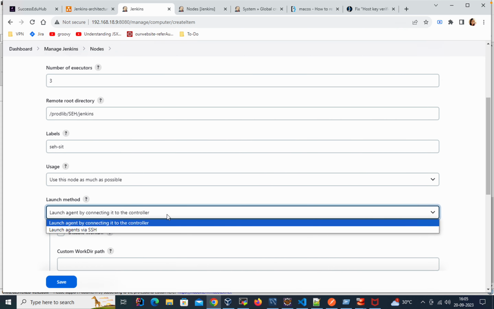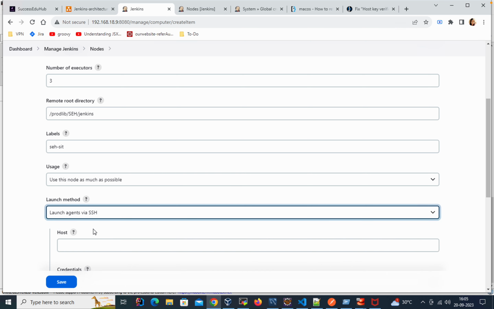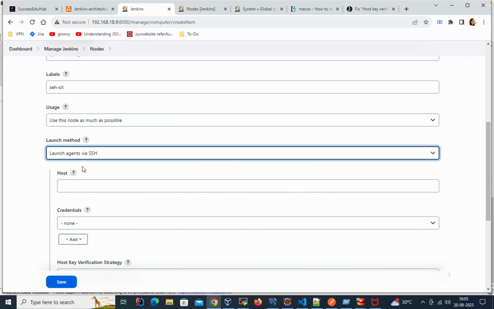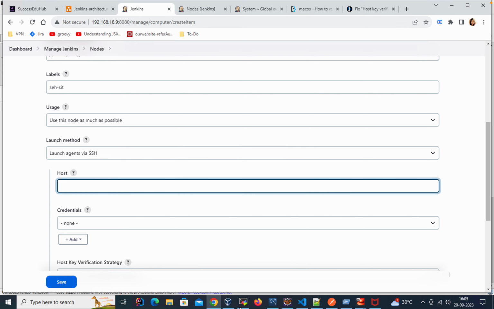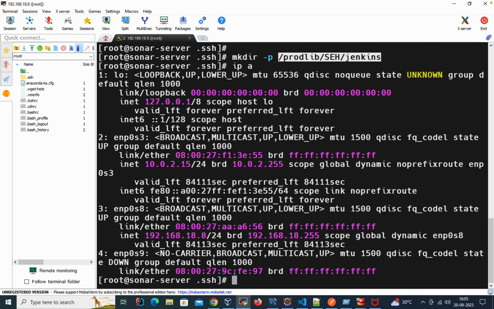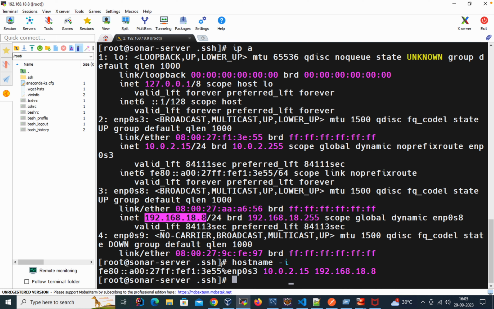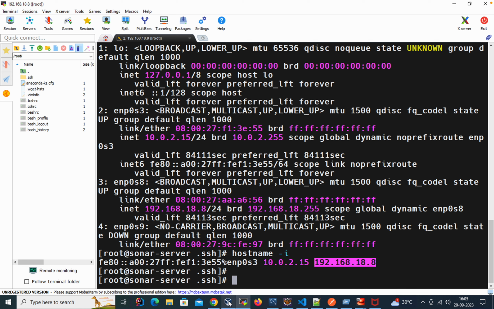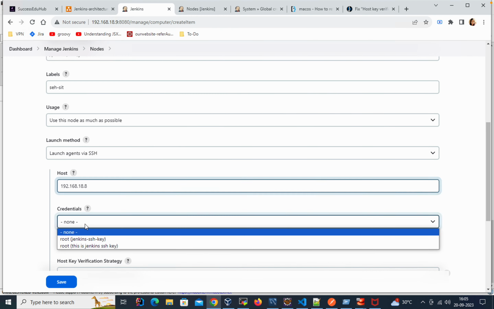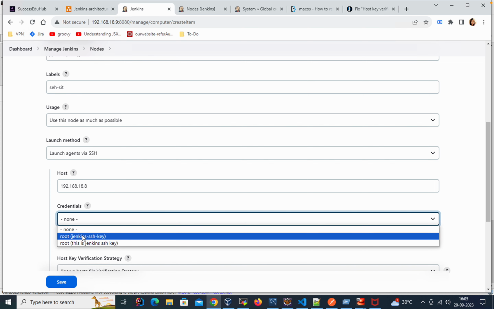Launch method here, yes, there are two launch methods: by connecting it to the controller, or the agent via SSH. So I am using agents via SSH. Okay, and here we need to provide the host name. If I go to my machine and I do ip -a, the IP is 192.168, or I can do hostname -I. Okay, so this is my IP. Copy this IP and paste it here. Credentials, Jenkins SSH key,